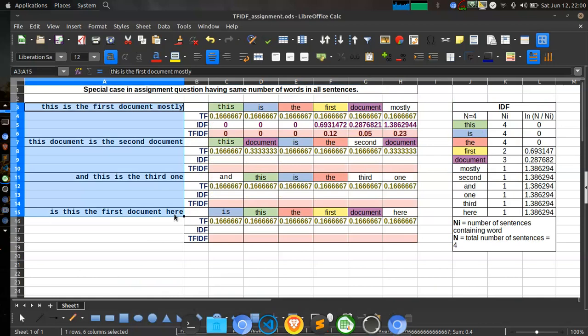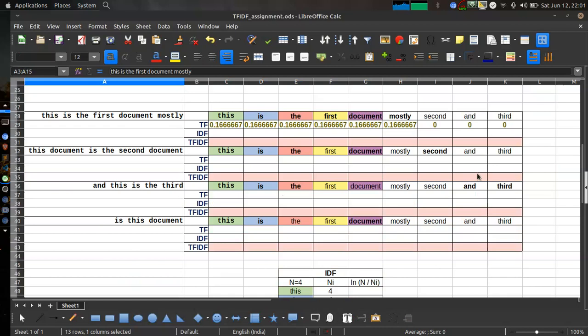Because see, there is a flaw here. You won't get all the sentences with the same number of words. In a corpus, you will have so many sentences, right? We just have four sentences. If you take any paragraph, is it possible that all sentences are of the same length, basically the same number of words? Here it is just three words in this document, so you will get TF-IDF for these three words, for these three dimensions, and all others would be zero. But consider this document as a data point, right?